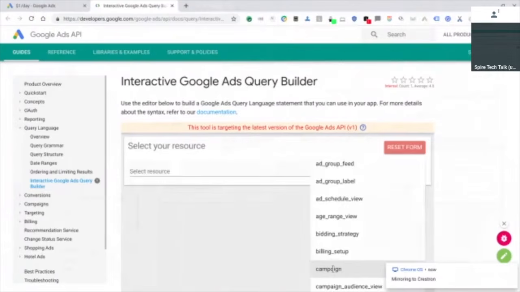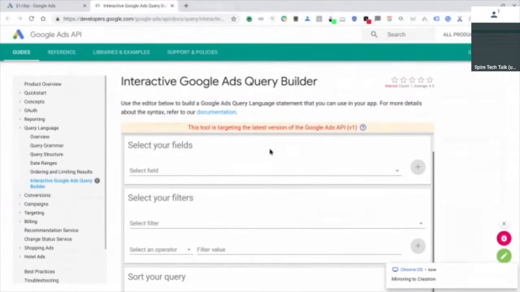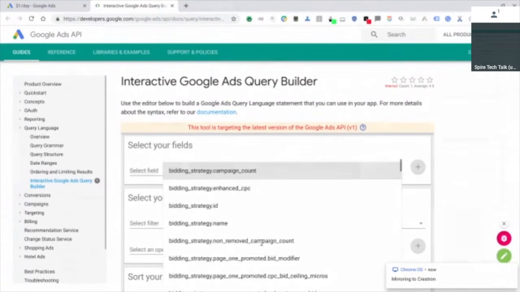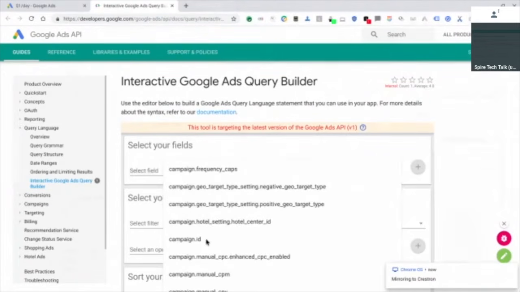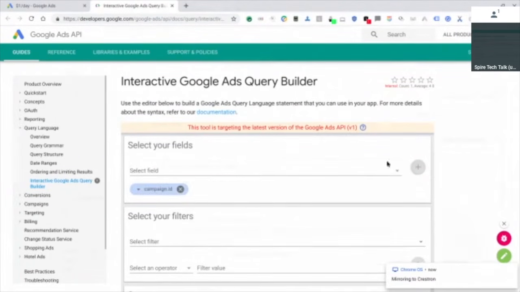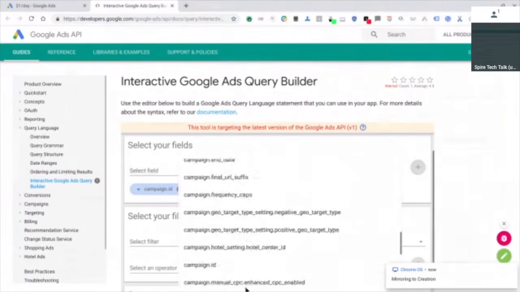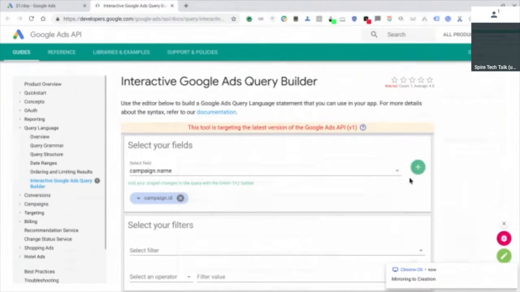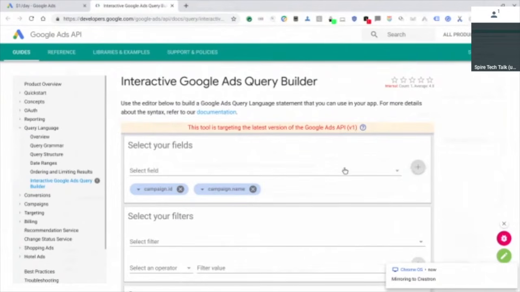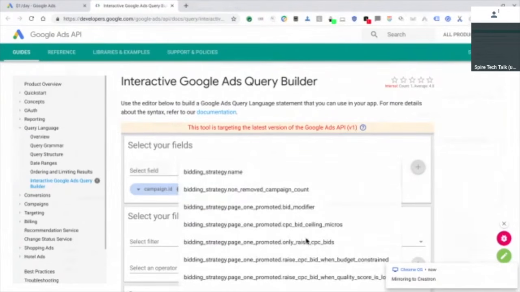So for example, if I were to select campaign, now when I select the drop-down fields, I'll see all of the attributes available to me to select. And this also includes child attributes as well as metrics and segments available to you. So we'll come in here. I'll try to do this quickly. So let's say we want to look at campaign ID, campaign name. That's usually pretty important. Then maybe we'll look at